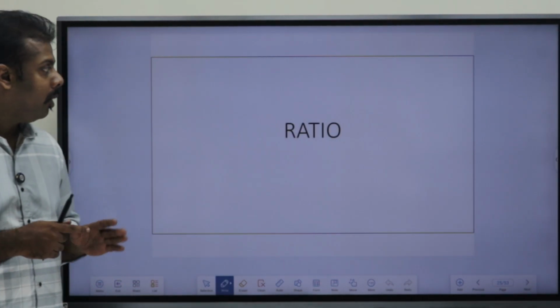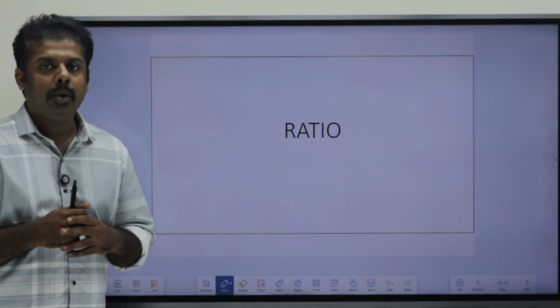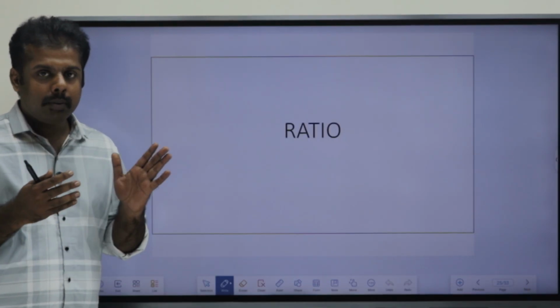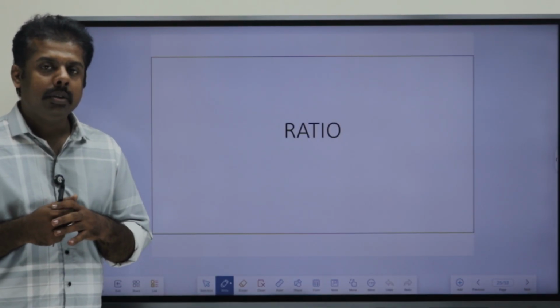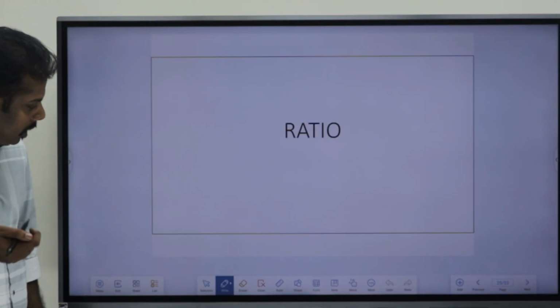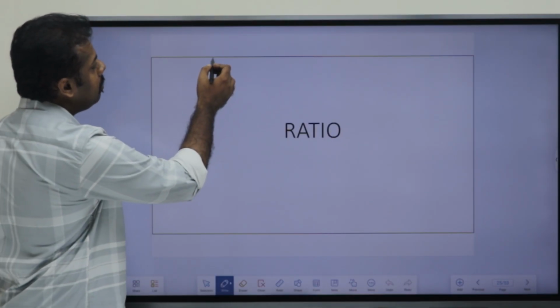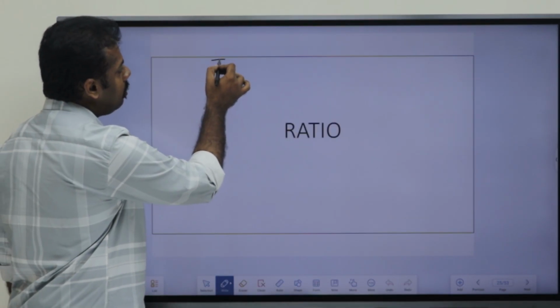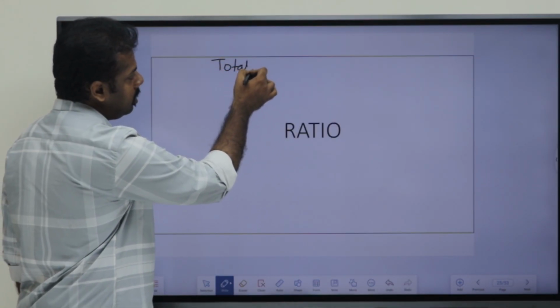Okay, students. So we are going to discuss the next topic, that is ratios. First, we can just discuss what exactly a ratio is. We can take an example to decode it. Say, for example, we are given data, assuming that there are a total of 200 students